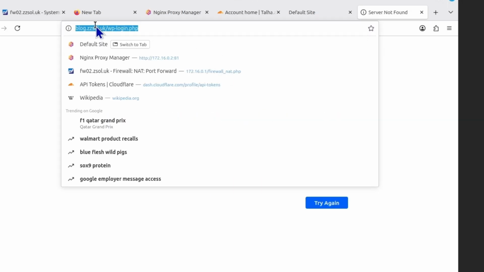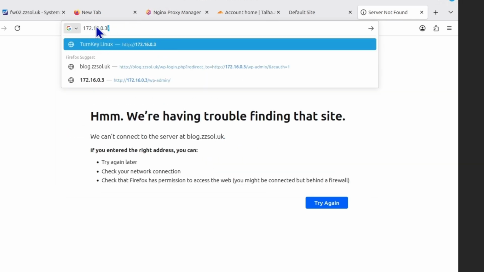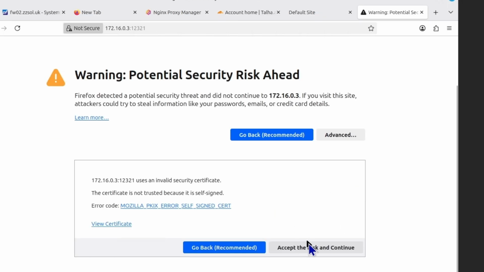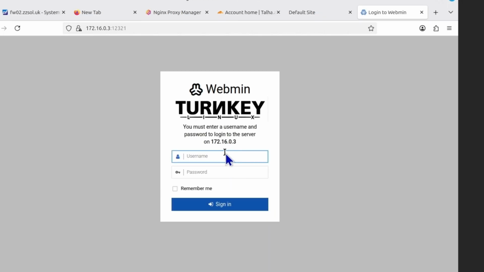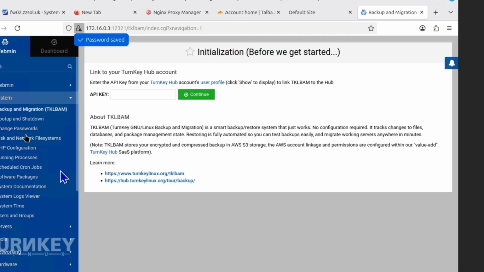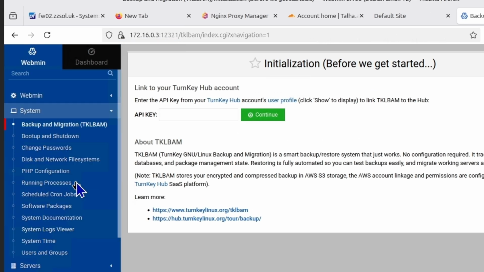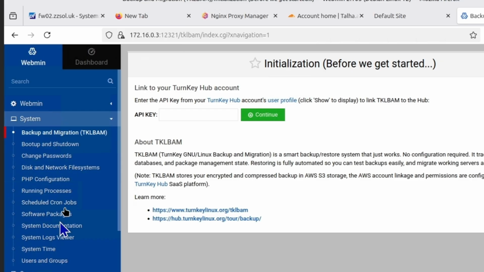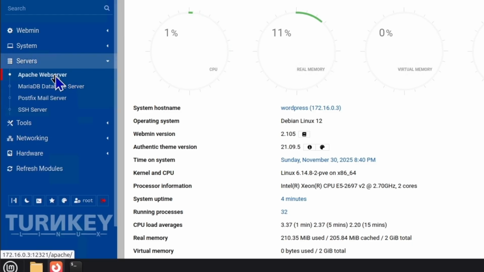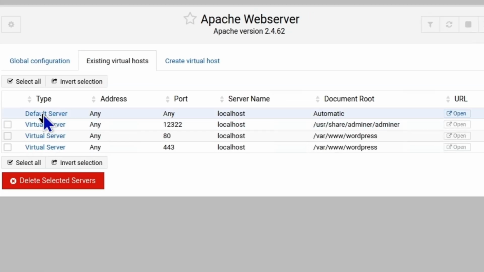Okay, so I'm gonna try with the IP address and the port number, this one for Webmin, and accept and login. So this is going to be the username and the password for your server itself because it says TurnKey. Okay, under dashboard, you can see we have different features and different options. So under servers, Apache Web Server, we have WordPress installed on this,